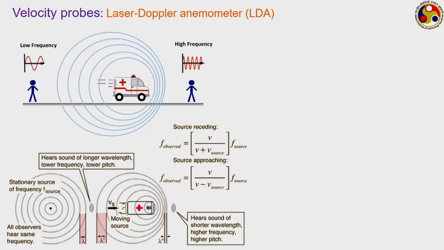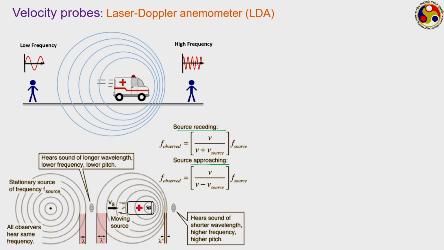That is happening because when the source itself is stationary, all observers hear the same frequency. However, when the source is moving, the frequency keeps on changing. When the source is approaching the observer, there is an increase in the frequency, whereas when the source is moving away from the observer, there is a reduction in the frequency. This particular effect is used in the laser Doppler anemometer, where we